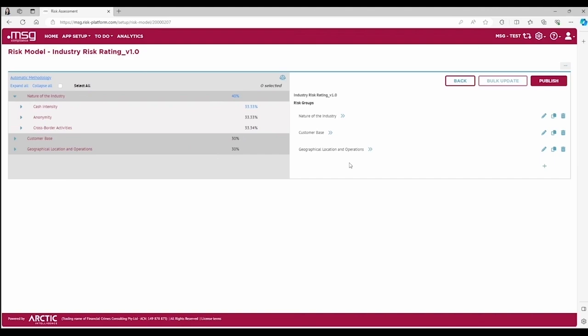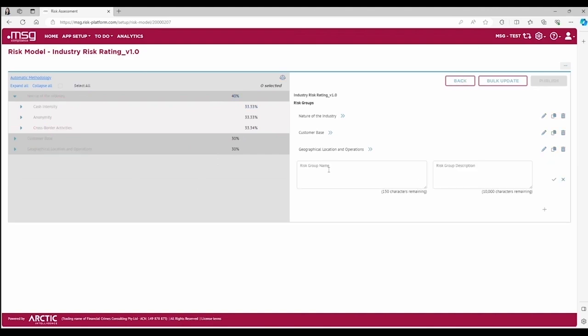I would like to show you how easy it is to update an existing risk model in order to reflect regulatory changes. You just need to click on Add New and create a new risk group, which can be a regulatory or legal environment.